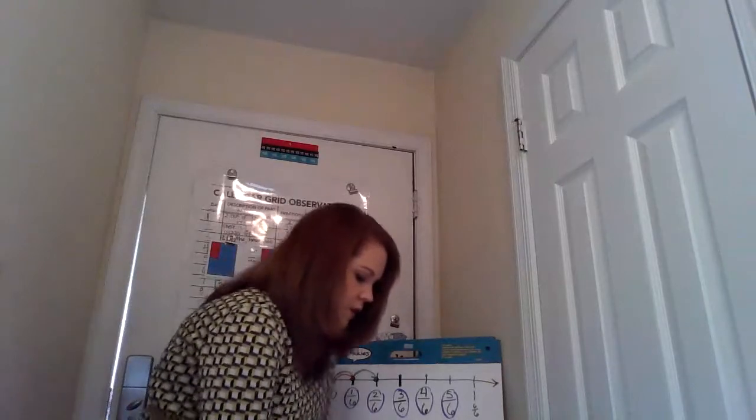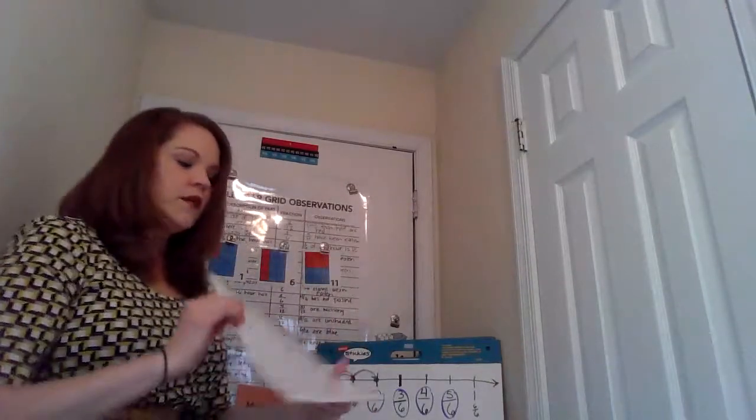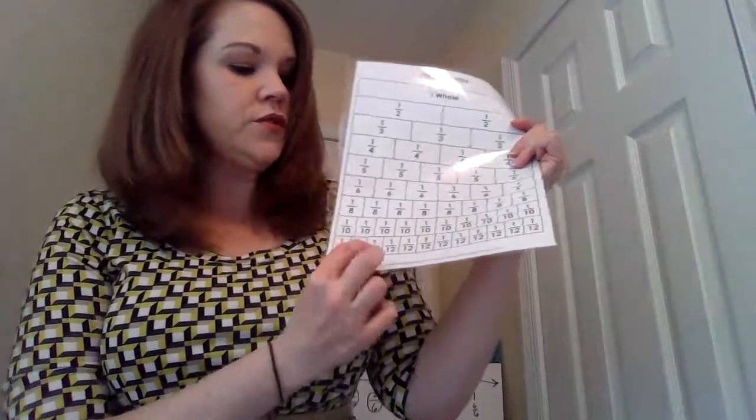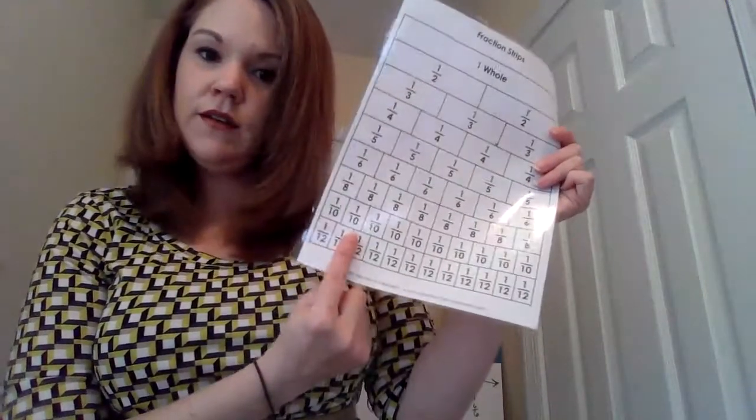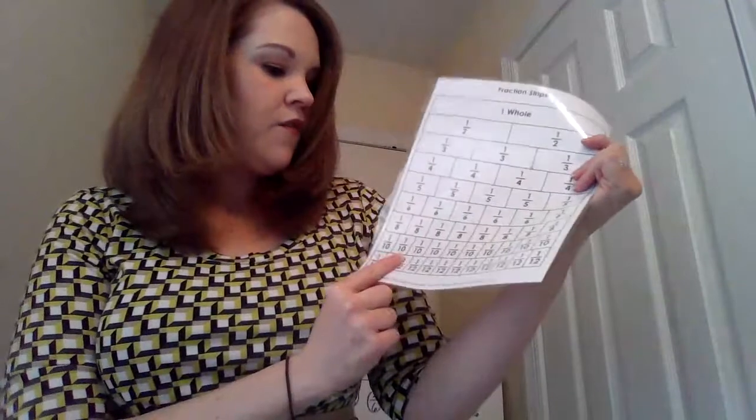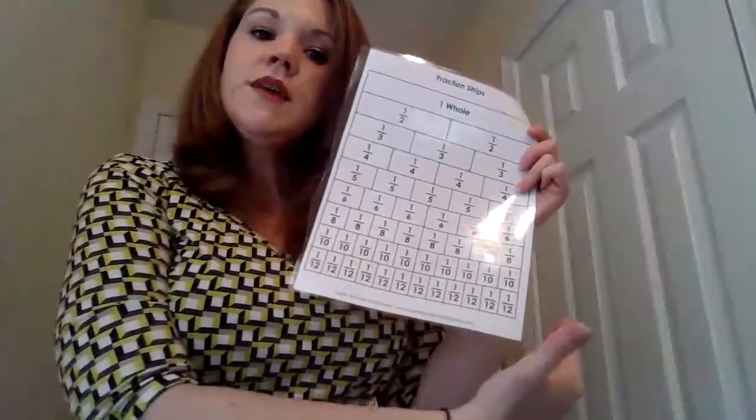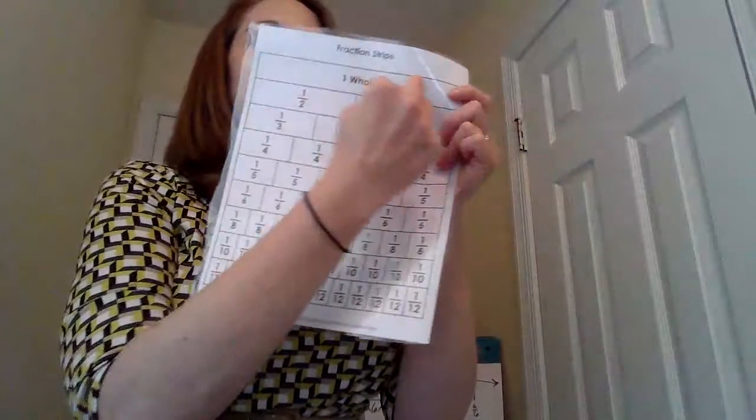And also, I want to show you on our fraction strips, if we have 2/12, it's here, right? Then if I have 4/12, it's here. And then if I have 6/12, it's right here. So as we get closer to one whole, or filling in the whole, the more 12ths we have,